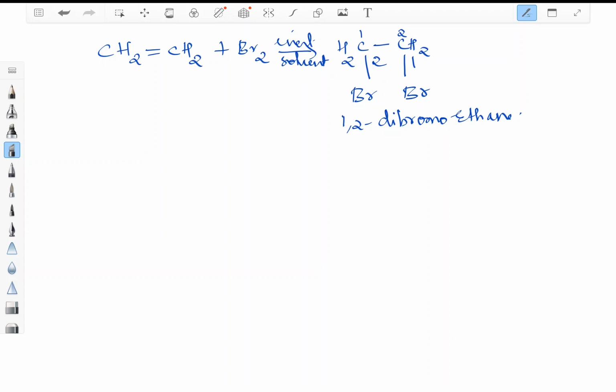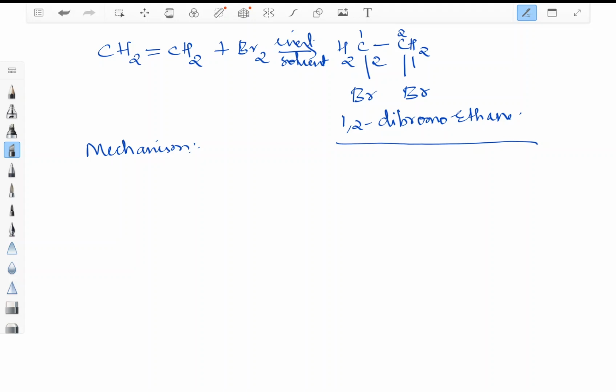This reaction is actually used as a test for unsaturation. For example, if bromine is added to an alkene, you will get a change in color and result in the formation of 1,2-dibromoethane. That is why it is useful for tests for unsaturation. But what is more important here is we need to know the mechanism. The mechanism for hydrogen addition was different. It used a metal catalyst and the affinity of hydrogen towards it. Hydrogen remained on the surface, that is, it got adsorbed, and later was exposed to the alkene, which led to cis addition. Cis means addition of hydrogen on the same side of the alkene, resulting in the formation of alkane, that is ethane.